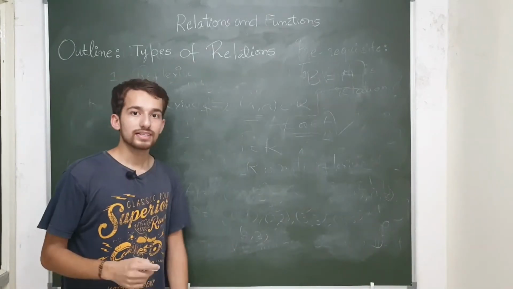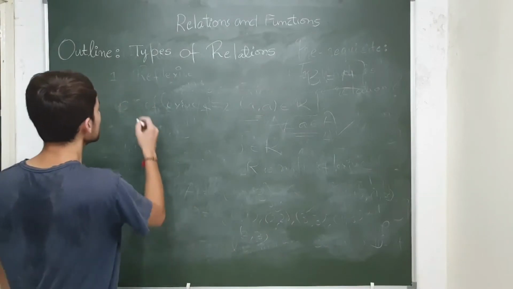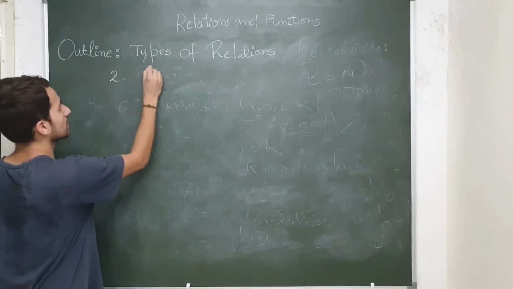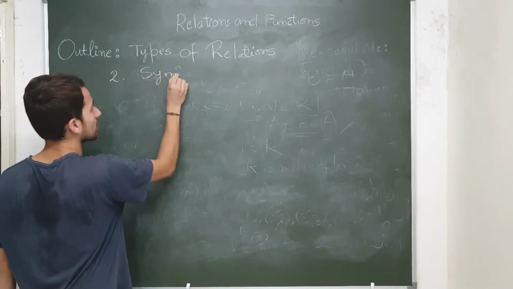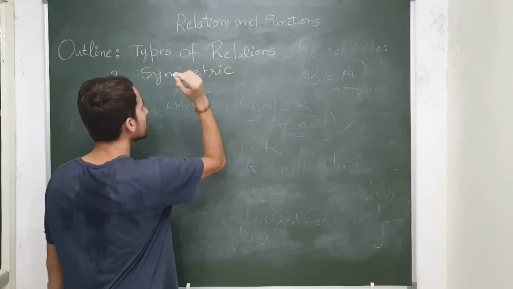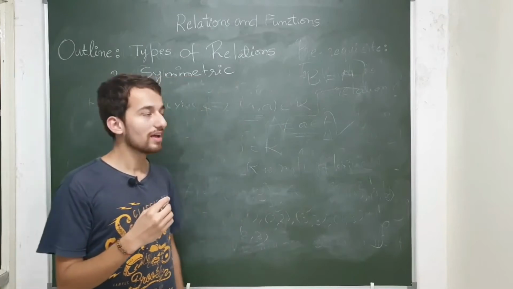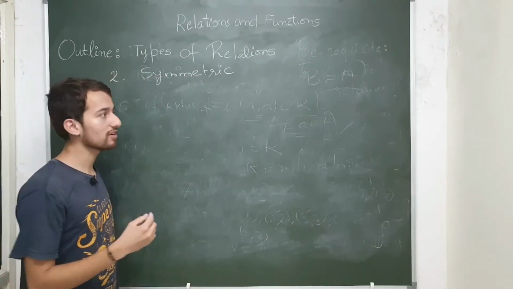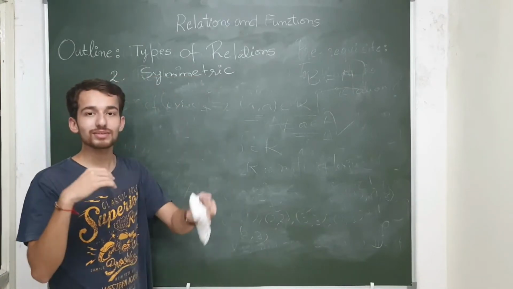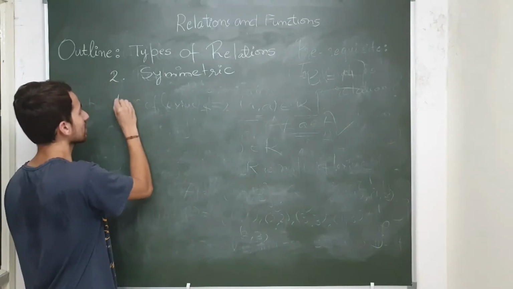So let's now try to understand the second property of a relation, the symmetric relation. So what is the symmetric relation? If you see the word here, there is something important which you can identify. It's something related to symmetry. That is what it says. What is the definition? A relation R